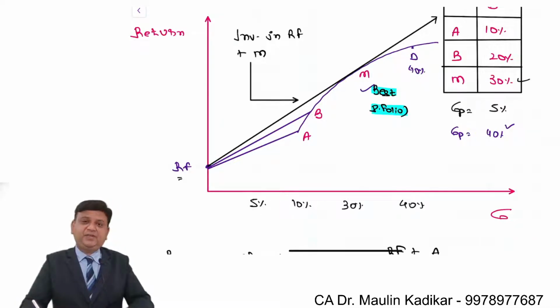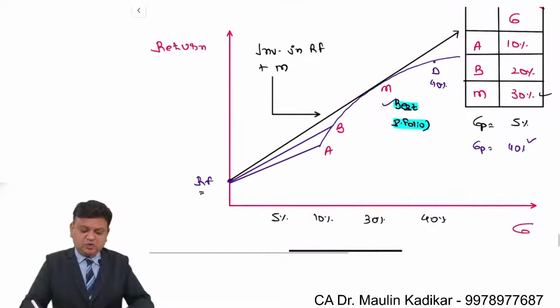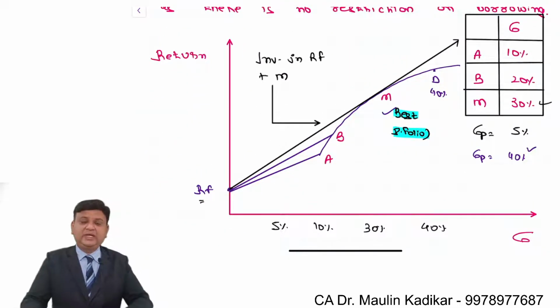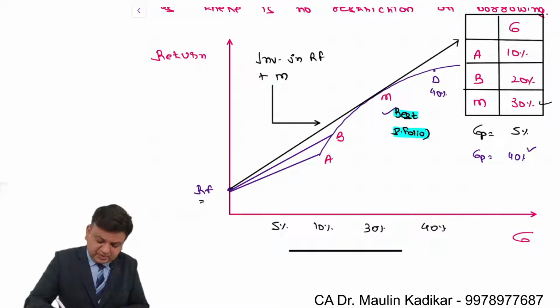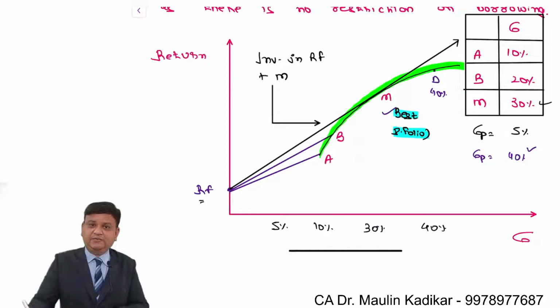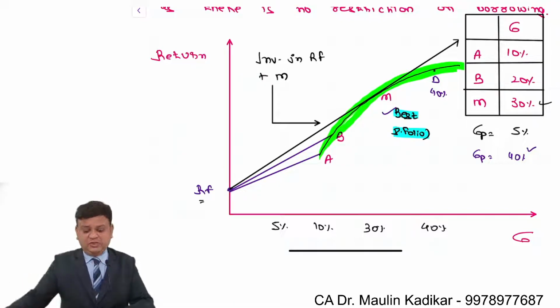Remember, friends, that when there is no risk-free security in the market, then there is no concept of the best portfolio. Then, depending upon the risk-bearing capacity of the investor, the investor is supposed to make investment in one of the portfolios lying on the efficient frontier. If the risk-free security is introduced in the market, then among the efficient portfolios, one of the portfolios is the best portfolio.